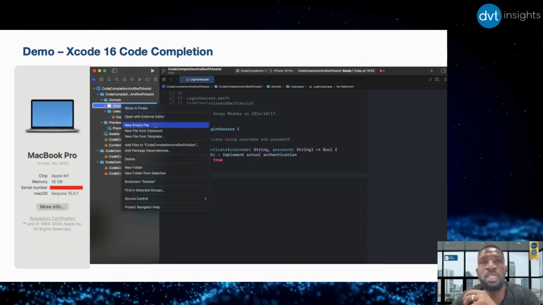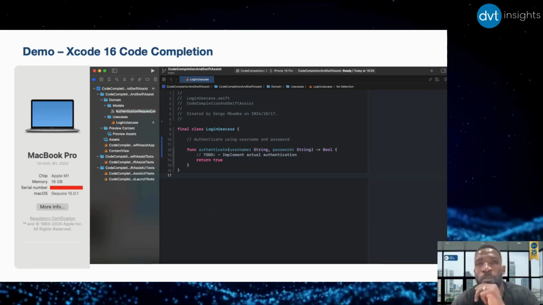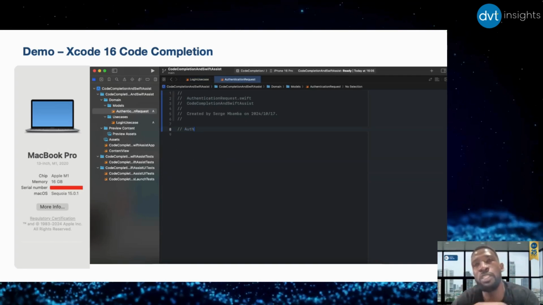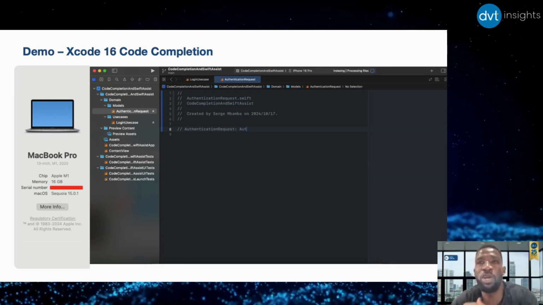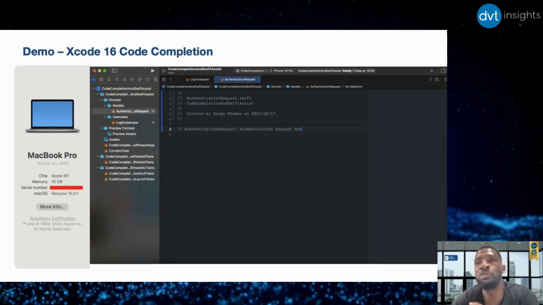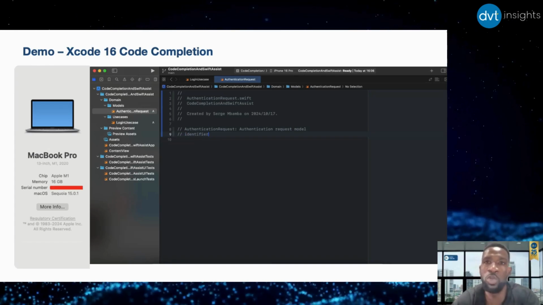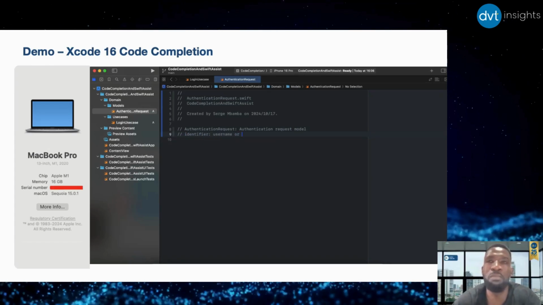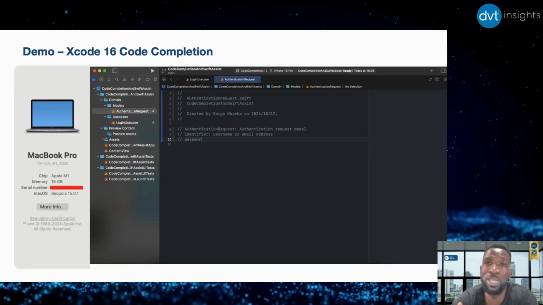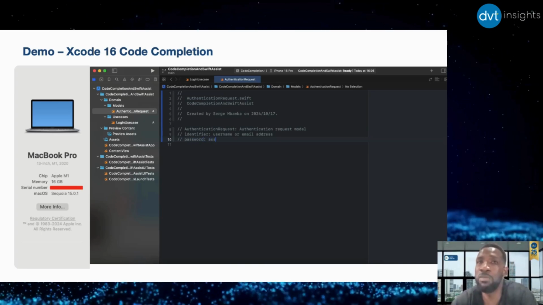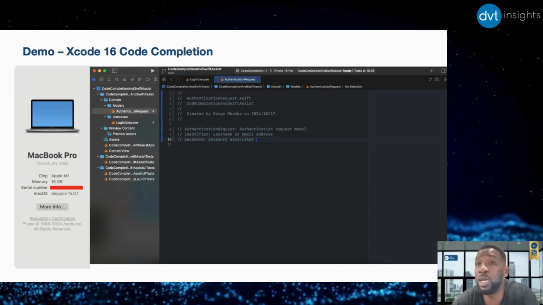Now, talking about context awareness, I want to ensure that it actually is aware of the context. So I'll go elsewhere and create an authenticated request. The aim there is to encapsulate the request in data that cannot change. I want to keep the data that my UI receives as immutable as possible so that when it hits the domain and the data layer, it still preserves its integrity. To do that, I need to encapsulate the username and the password inside the model, and that model will have to ensure that my properties are all invariant. I would like code completion to give me an implementation of this class or this struct in a way that the username and the email address are both invariant.